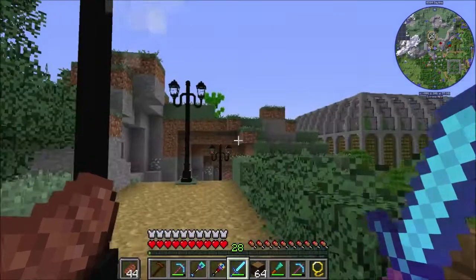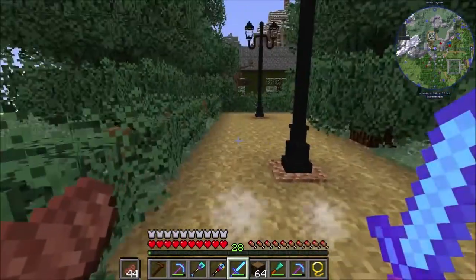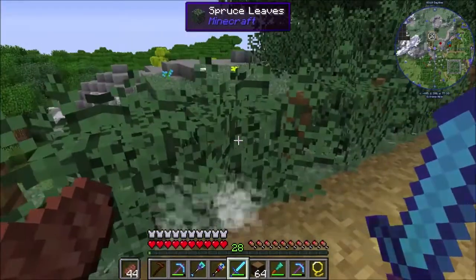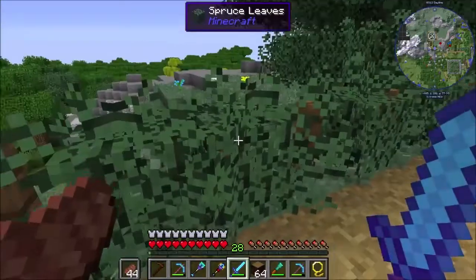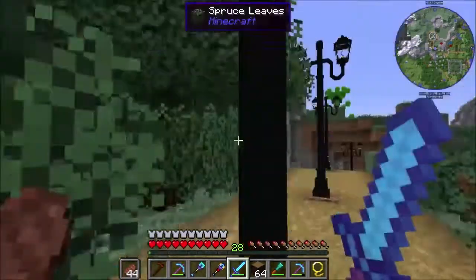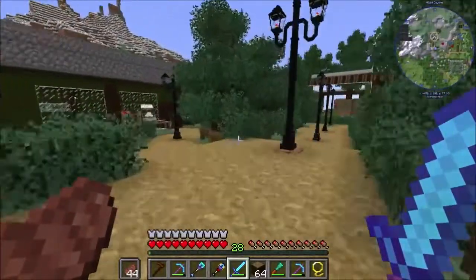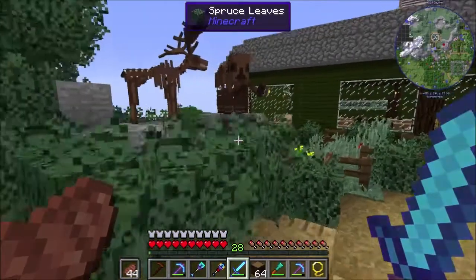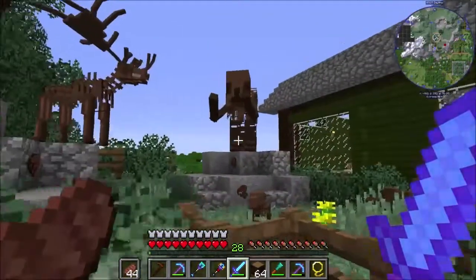Now, I've done a few things off camera. One of them being, I decorated the pathways a little bit with fences and bushes here and there. And if you come down here, there's two pathways, or I think I've already shown those two pathways, but I built like a little